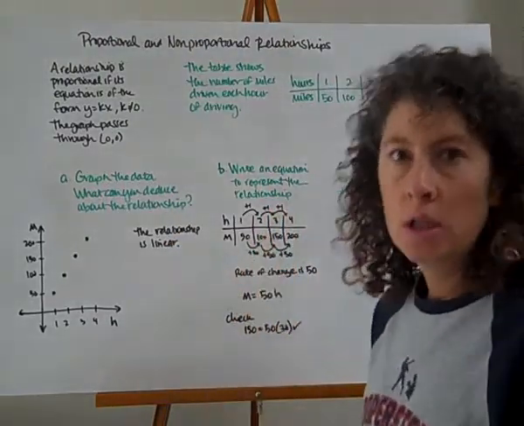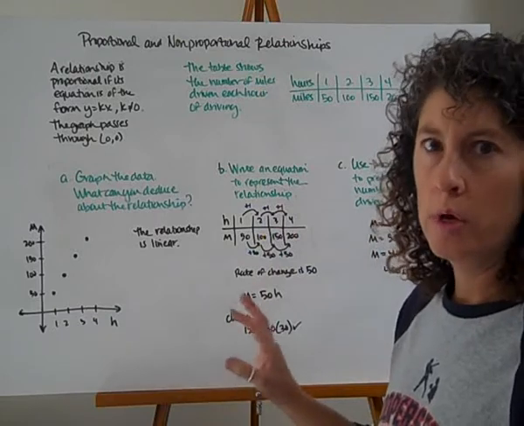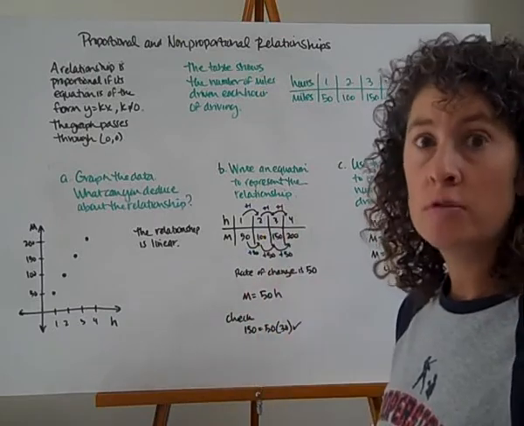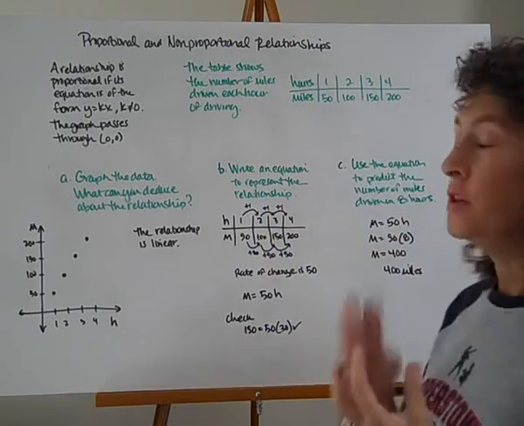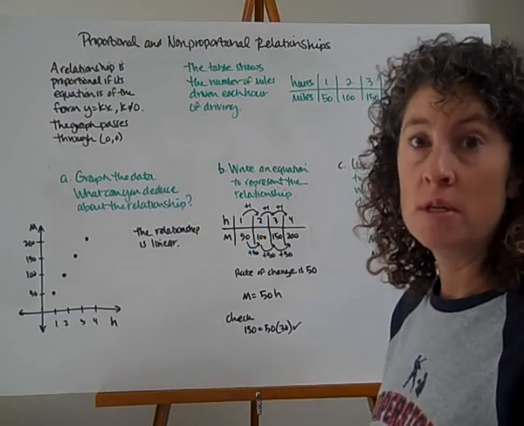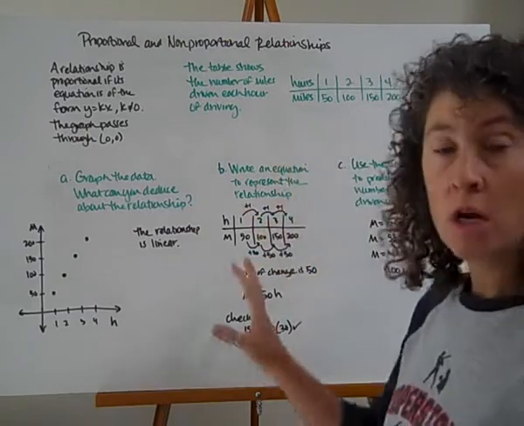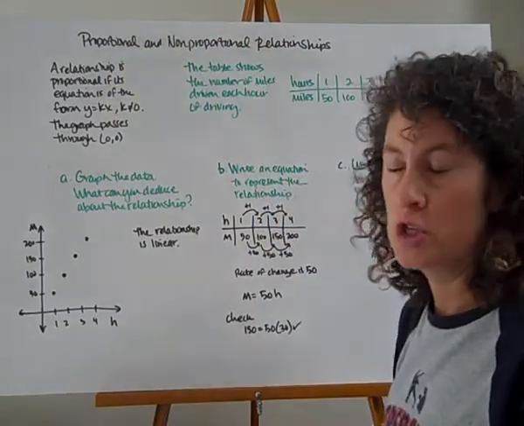We're still talking about our linear functions. So we're still talking about situations where we have a constant rate of change. If we think of the graph, a constant slope. If we think of our direct variation equations, we have a common difference. So we're still talking about those particular situations. We're going to talk about this within proportional and non-proportional relationships.